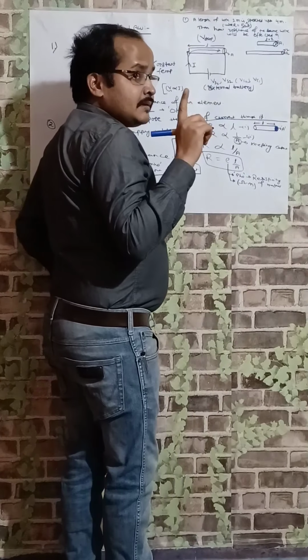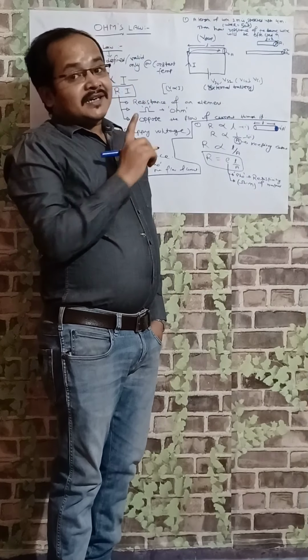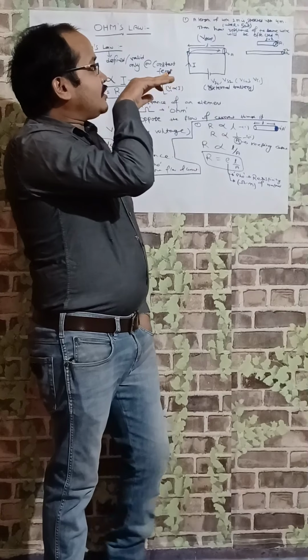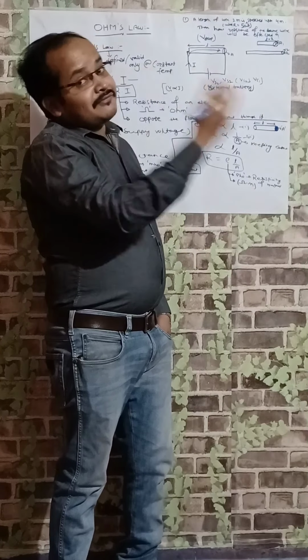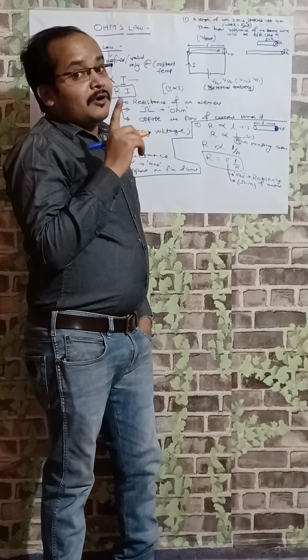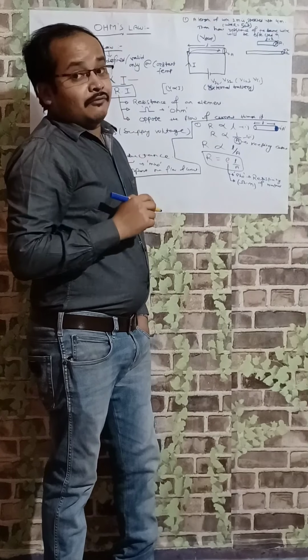But one thing is fixed here. What? One parameter is fixed. As the length stretches, the length will change and the area of cross section will change, but one important parameter will remain the same in both. Which parameter? Volume will remain the same. So it is a type of cylinder.